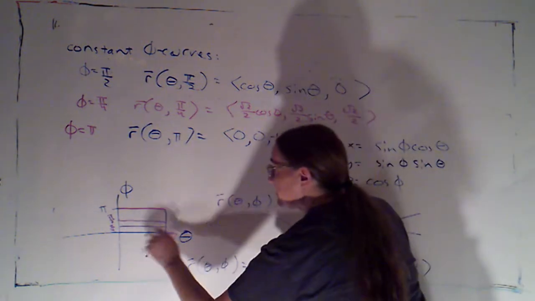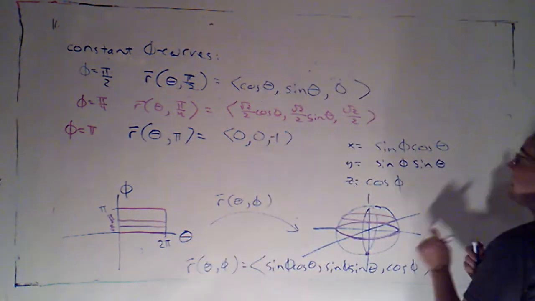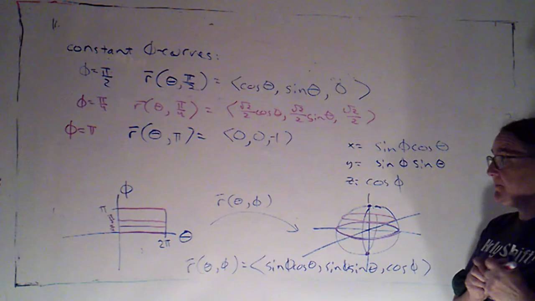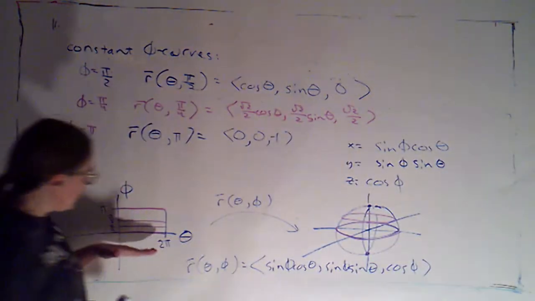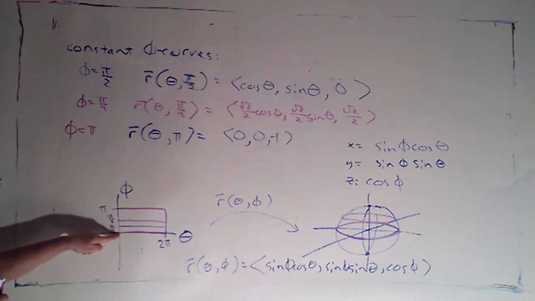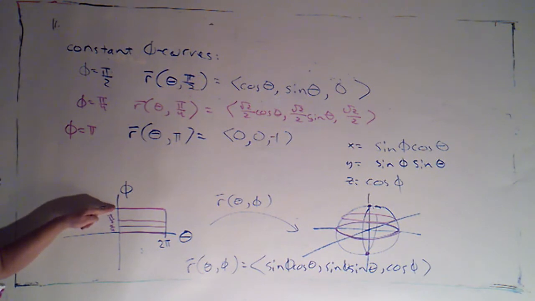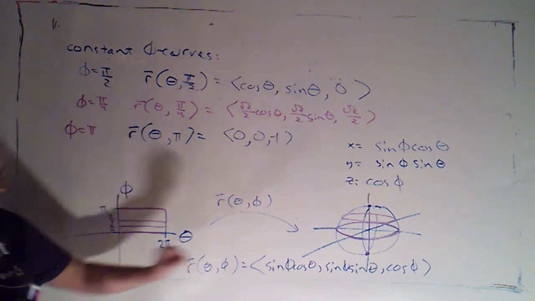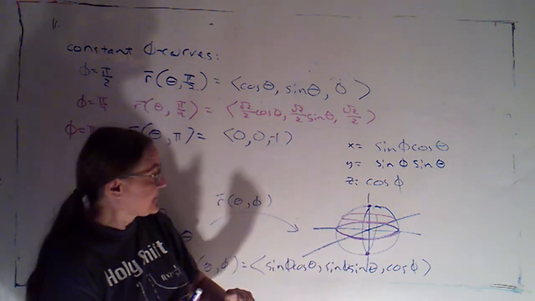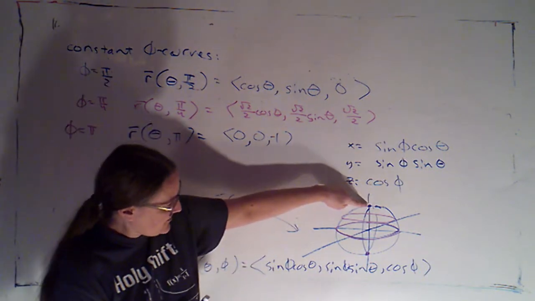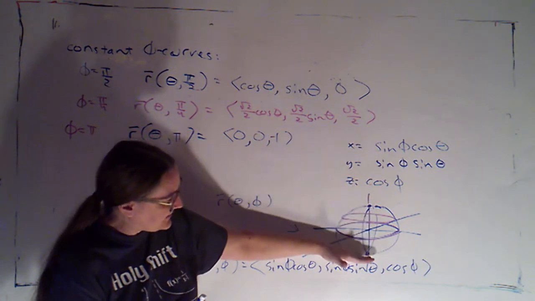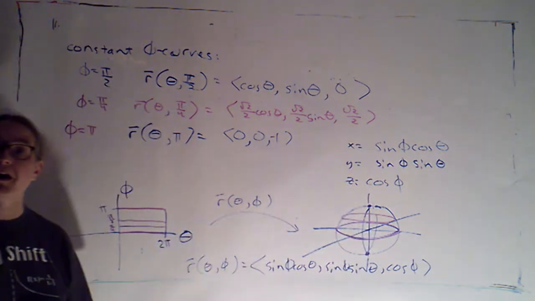If phi were 0, if I were looking at this curve, then I'd also be getting 0 and 0, but then cosine of 0 would be 1, and I'd be getting that point. Okay. So essentially, all of these horizontal line segments are mapping to circles. It's just that the one at the very bottom, when phi is 0, and the one at the very top, when phi is pi, are degenerate circles, just a single point at the very top or the very bottom of the sphere. So this is where I am when phi is 0, and then as phi increases, we keep getting these circles until this is where we are when phi is equal to pi.